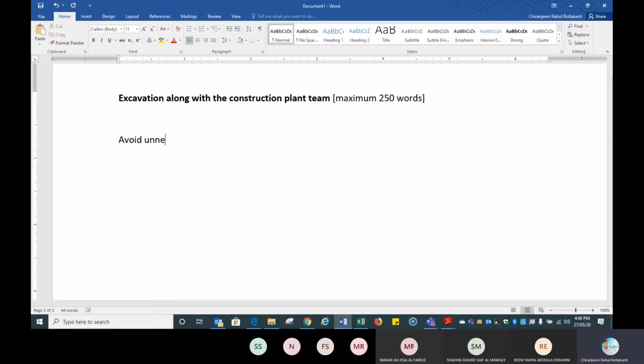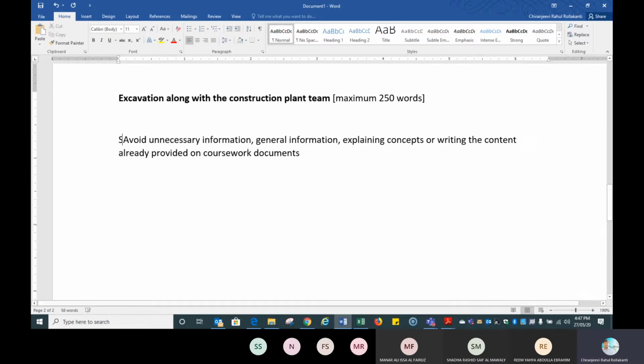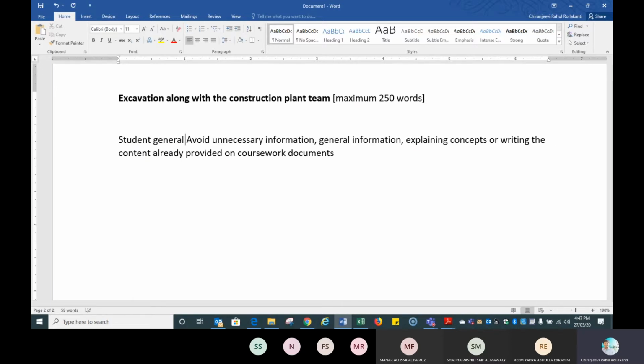Avoid unnecessary information, general information, explaining concepts, or writing content already provided in the coursework document. These are the general mistakes students have made.